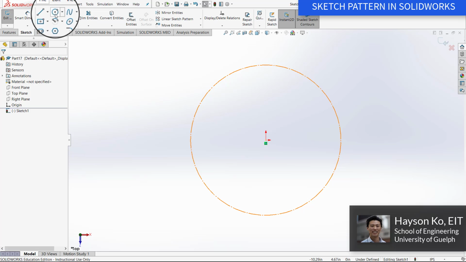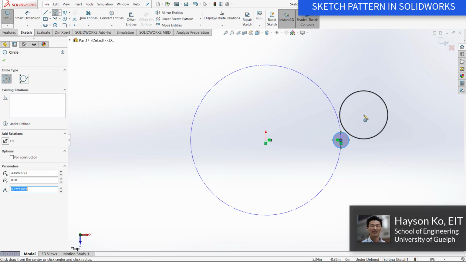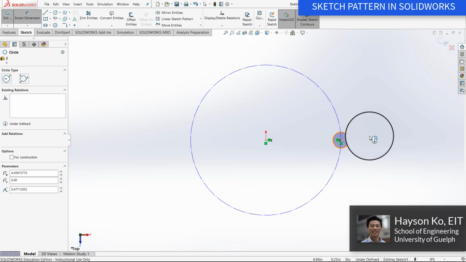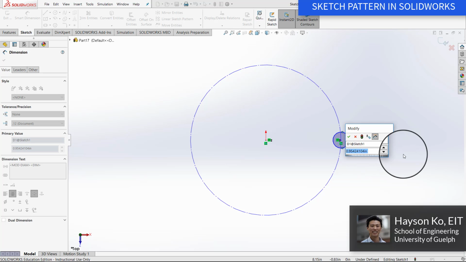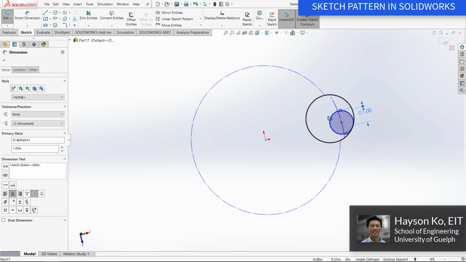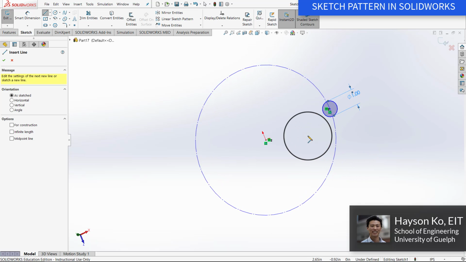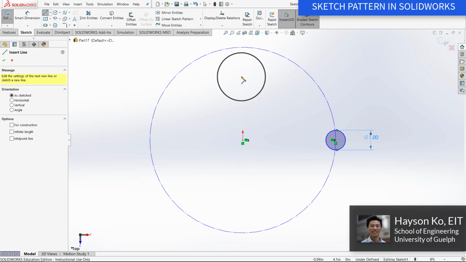And if I draw a circle on this construction circle like so, and I give it a diameter of 1 inch, you'll see that I have a circle that's stuck on this construction circle. So when it comes to patterning the circle all around this construction circle, we go into a circular